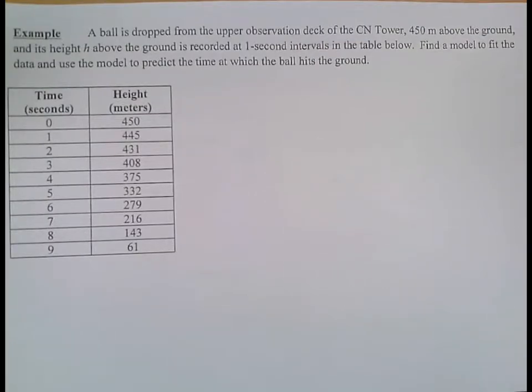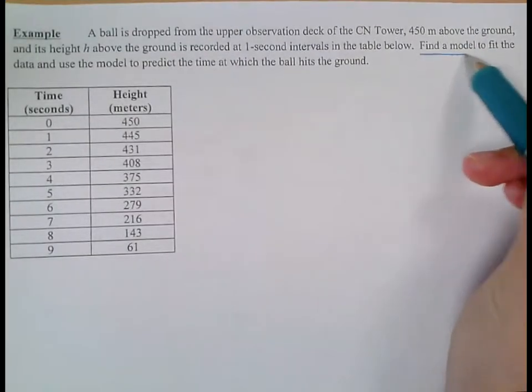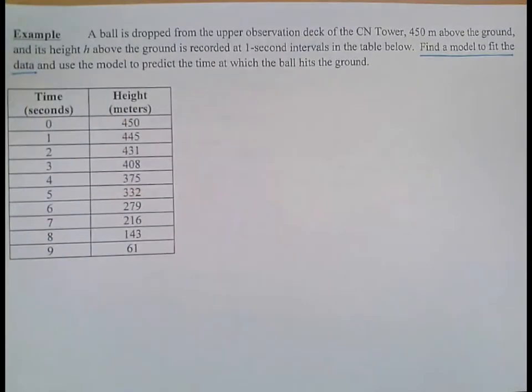So in this example, I'll just read through the scenario we're looking at here. A ball is dropped from the upper observation deck of the CN Tower, 450 meters above the ground, and its height, h, above the ground is recorded at 1 second intervals in the table below. Find a model to fit the data and use the model to predict the time at which the ball hits the ground. So we first need to find a model to fit the data, and we'll use the graphing calculator